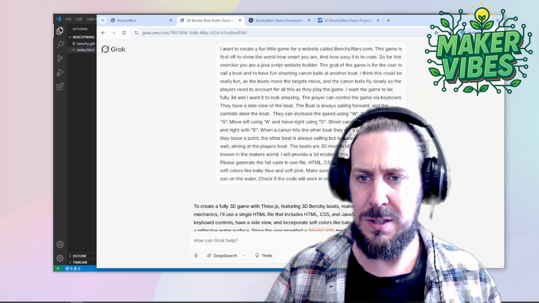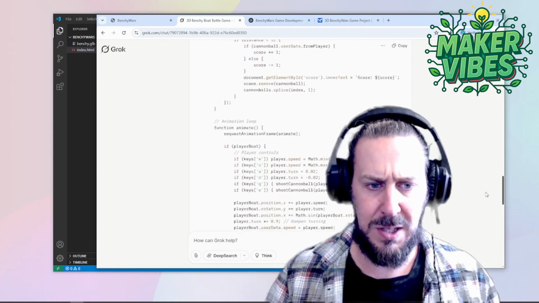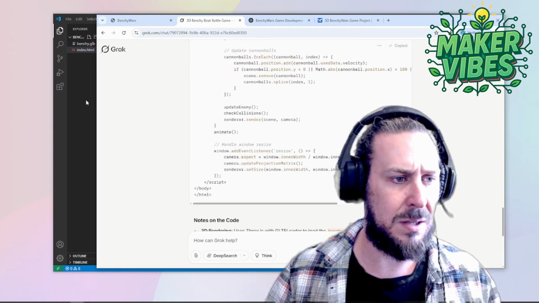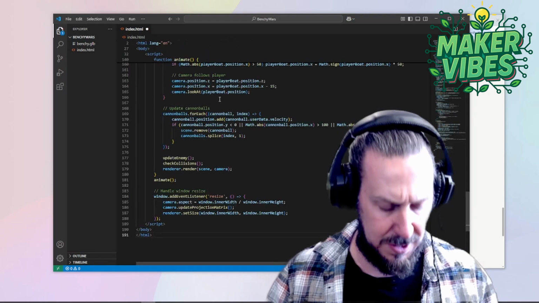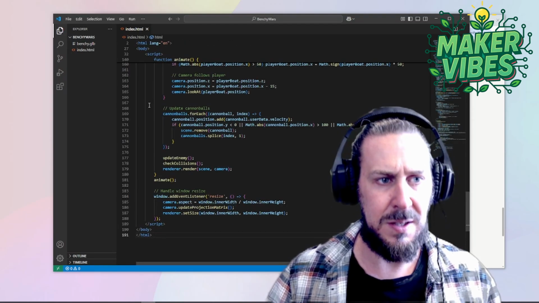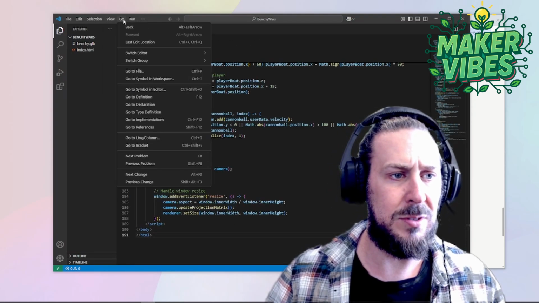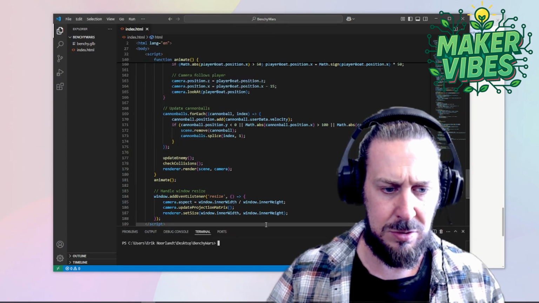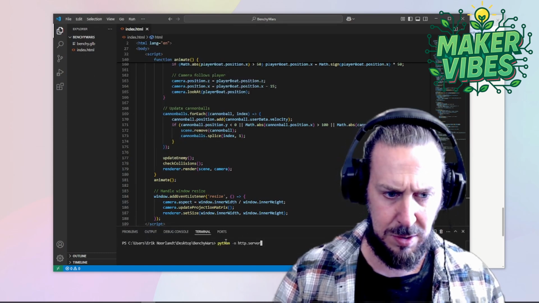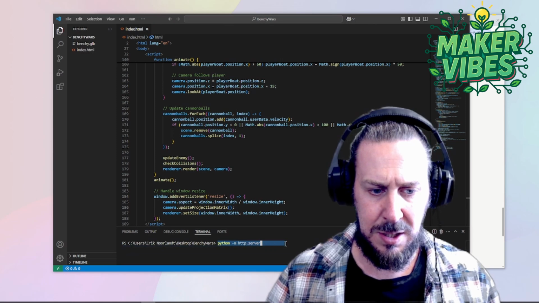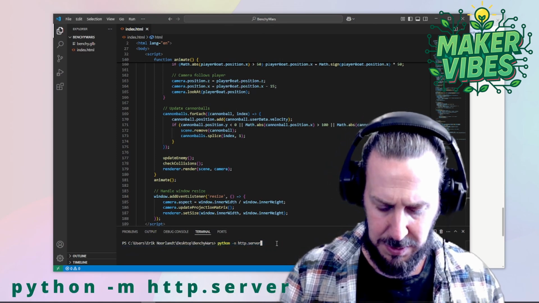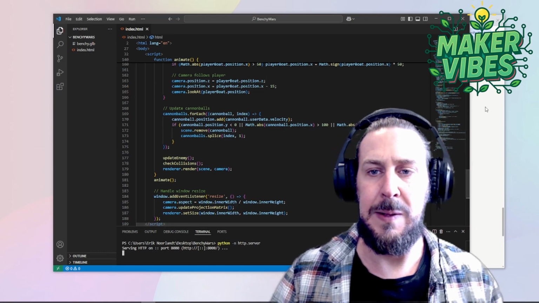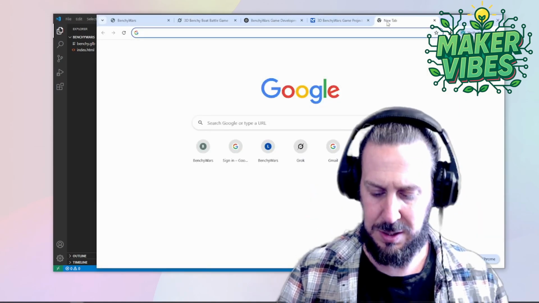Now I will see what magic Grok has come up with. I'll copy it, paste it here, we'll save it, and then we will go to terminal, new terminal, and we want to use this code here, Python HTTP server. So we're running a local little server, and when I go here I can actually